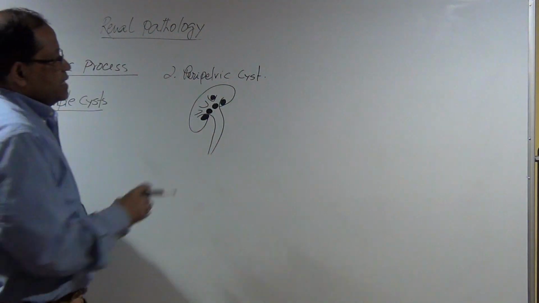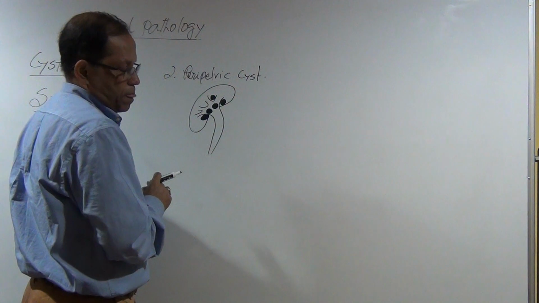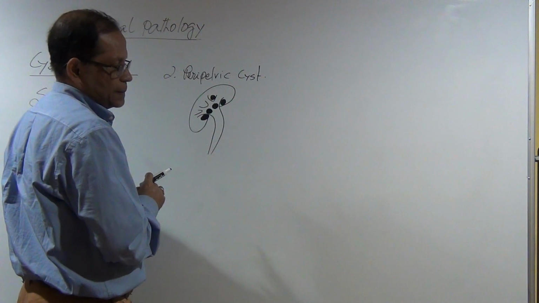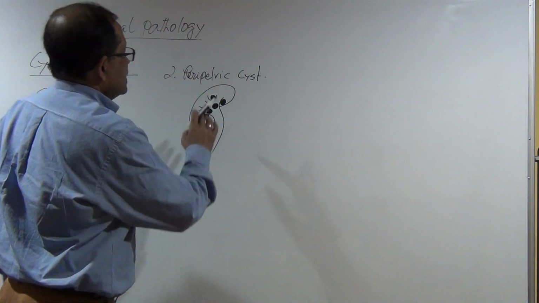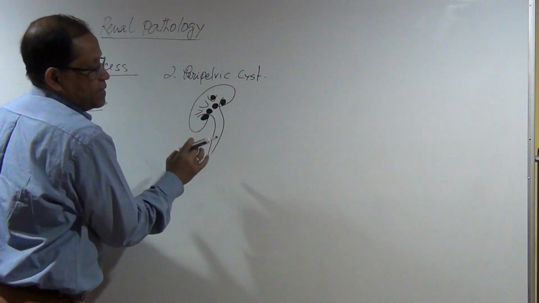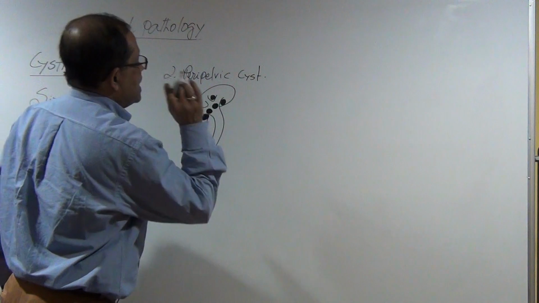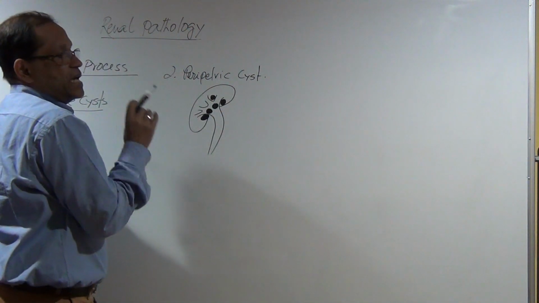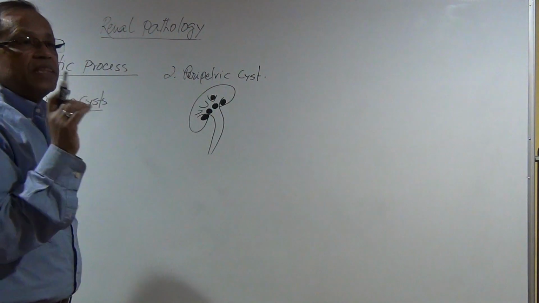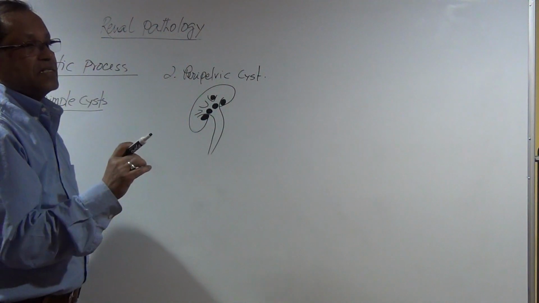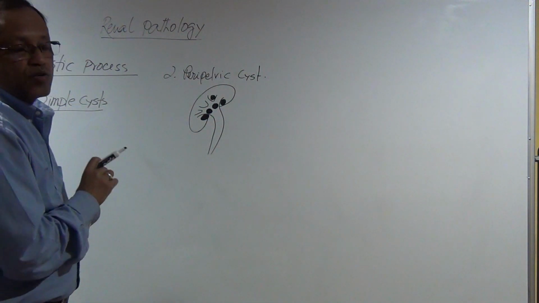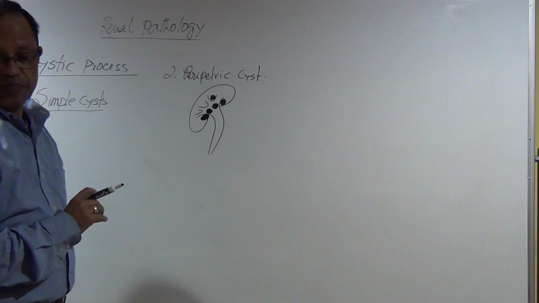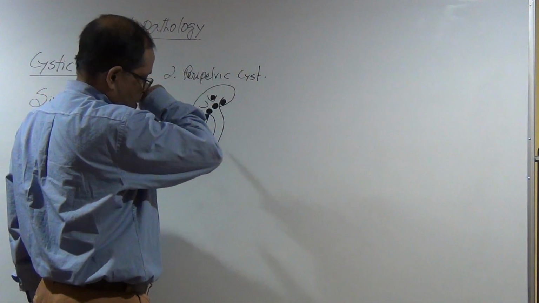Okay? It is around the pelvis. This is not inside the pelvis. It has no connection with the collecting duct, minor calyx, major calyx, pelvis. It has no communication. So it is around,